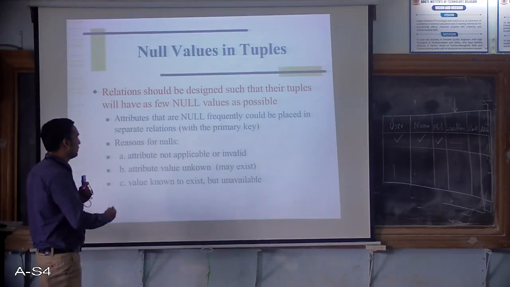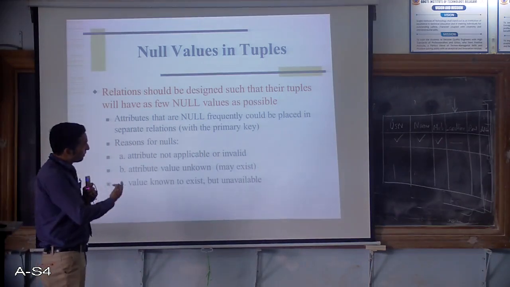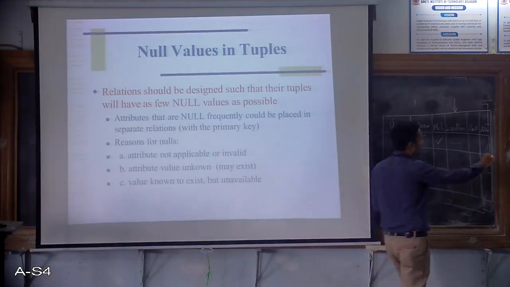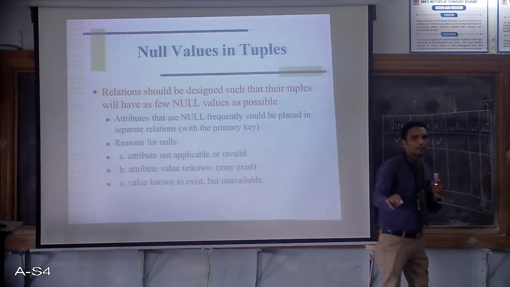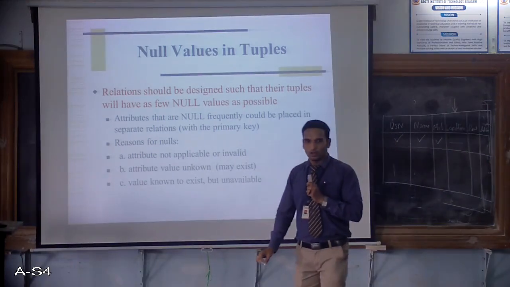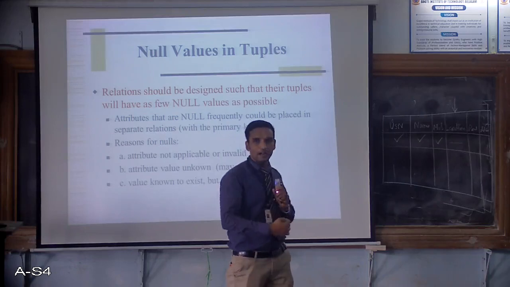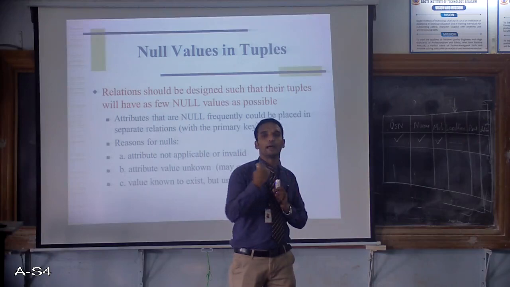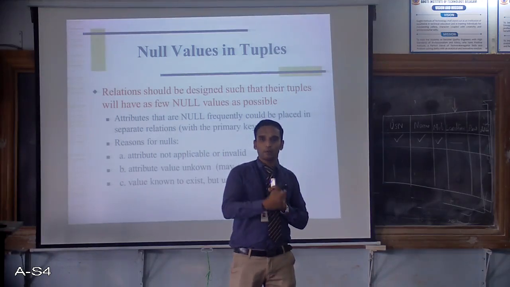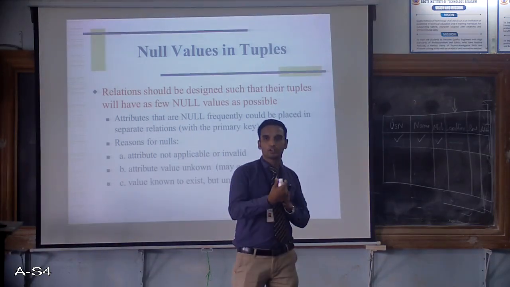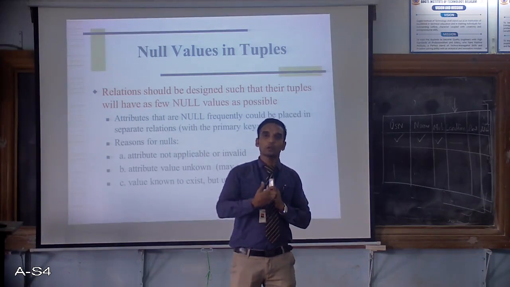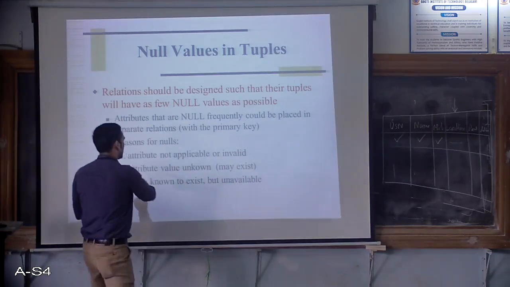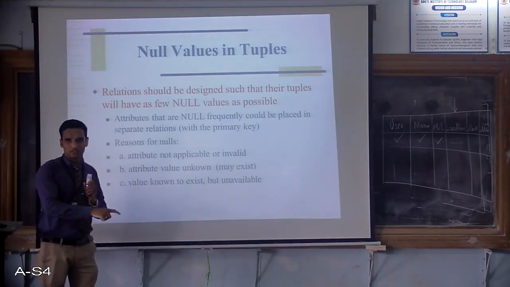Next one is attribute value unknown. May exist but unknown. For example, as I said now, Aadhaar number I am talking. Now rarely people remember their Aadhaar number. Now I know what is my Aadhaar number, but right now I don't remember it. So rather than giving any wrong information there, again I'll leave it blank. So try avoiding the attributes for which the values are unknown to you. Only include those attributes whose values are known. This is called attribute value unknown. They may exist, but they are unknown.